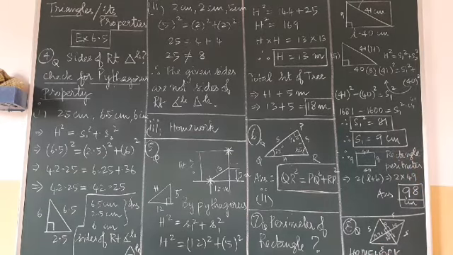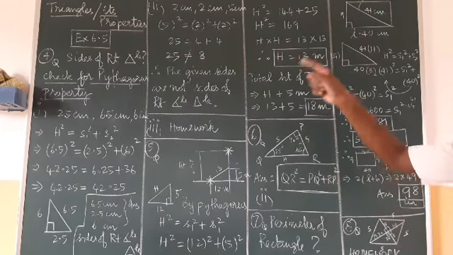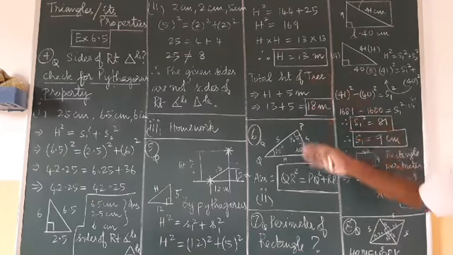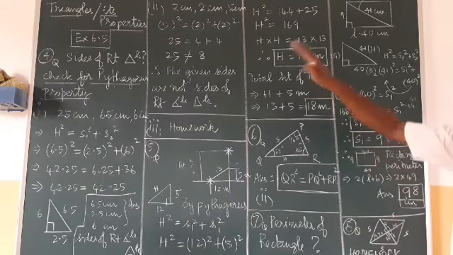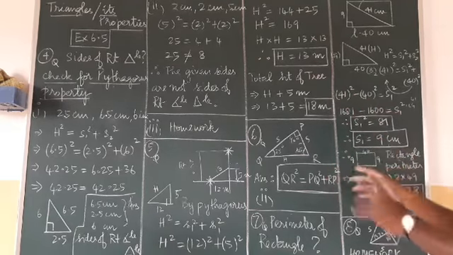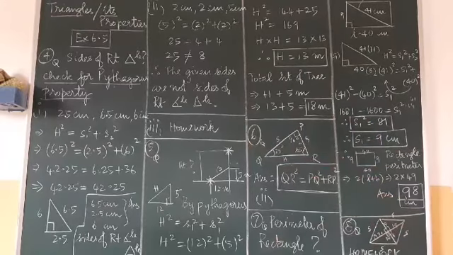So up to this, exercise 6.5 is completed, and this chapter is also completed. About triangles, we have studied various structures. We have seen the different types of triangles based on angle and based on sides. So now you can start your workbook side by side for the 6th chapter. If there is any doubt, you can call me over phone and ask me at any time. Okay? Thank you.